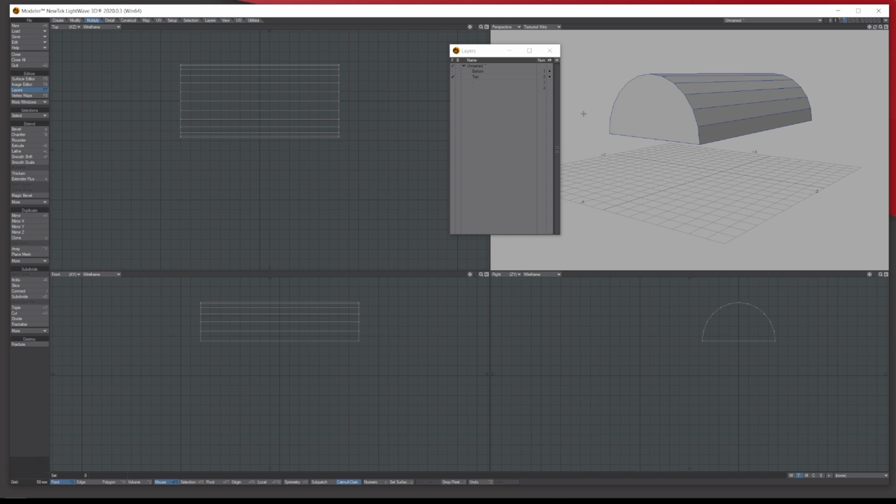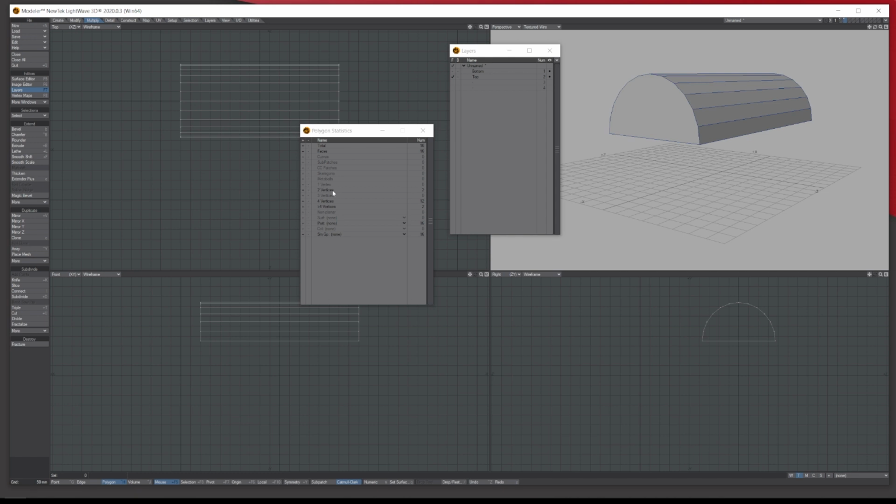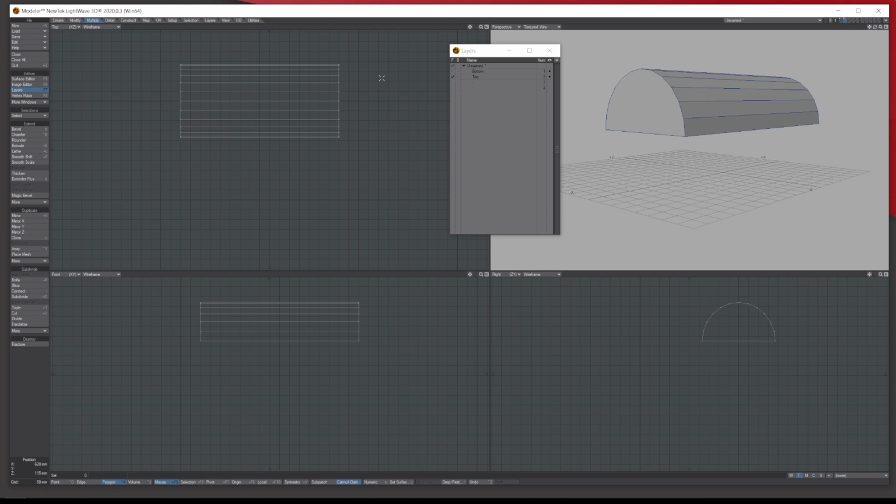So when you do this, you will have a 2-point poly. So go to more over here, bring up the stats here, make sure you're on polygons, and here it will say 2 vertices. Click the little plus to select them and then just press the delete button to get rid of them and then shut it down. Then it will work. Honestly, I would have never got that if I didn't put it onto Lightwave Salvation and figure it out, because I just couldn't figure it.